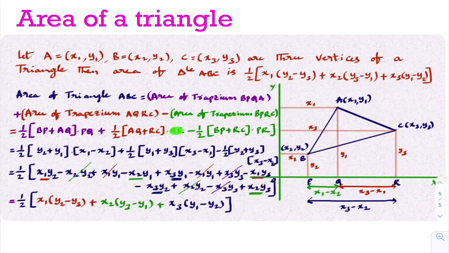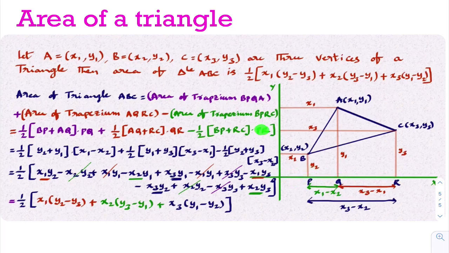Now QR. Where is QR? This is QR. You need to calculate QR. To calculate QR, you see this length. This length is x3. In the beginning we discussed it. This length is nothing but x1. So this length is x3, which means this length is also x3. As this length is x1, this length is also x1. Now QR is this total length minus this smaller part, that is x3 minus x1. You can understand this.